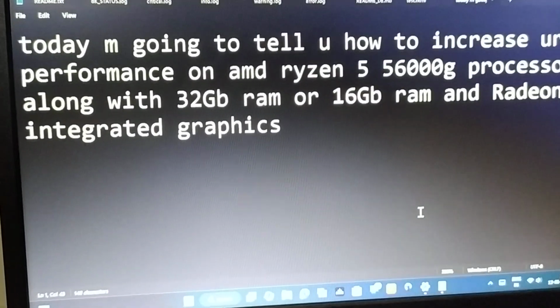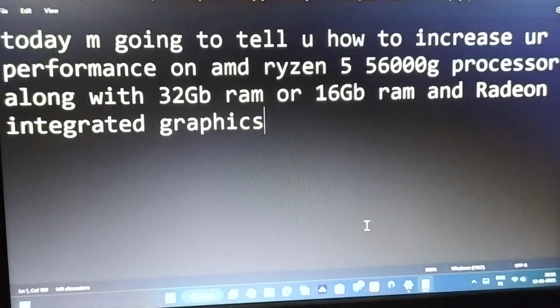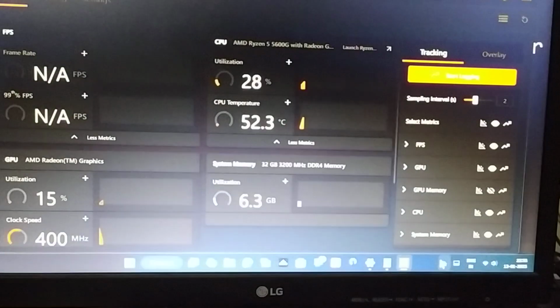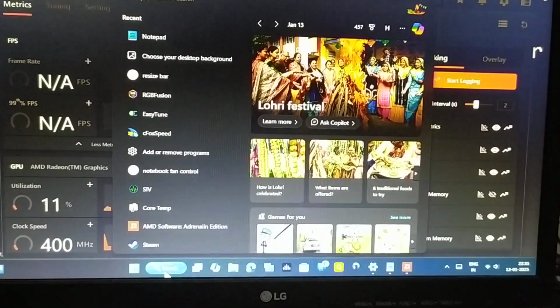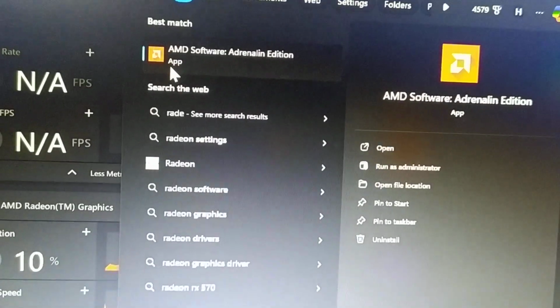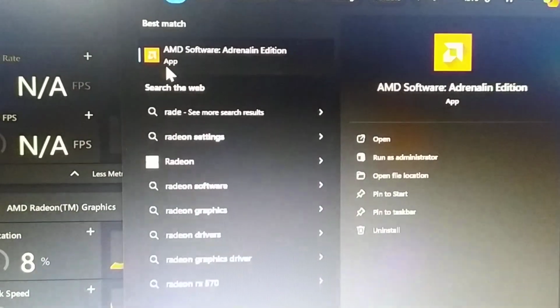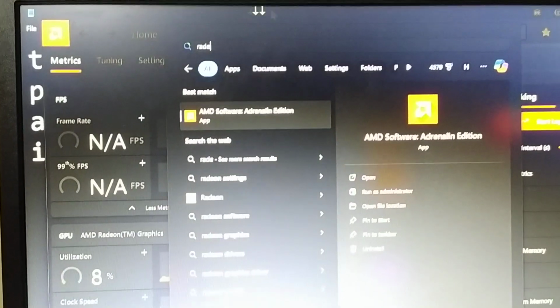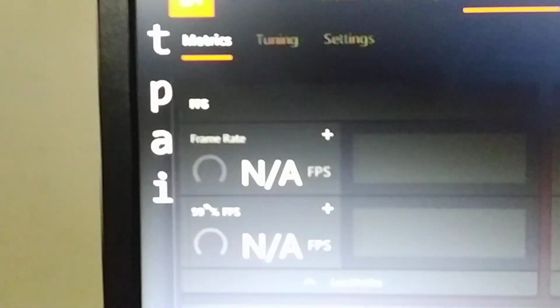Press Alt-Tab to open the software, or you can directly open it by searching here for Radeon with this AMD Radeon software. After this, as you can see,